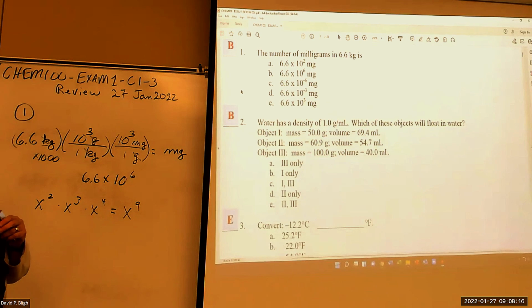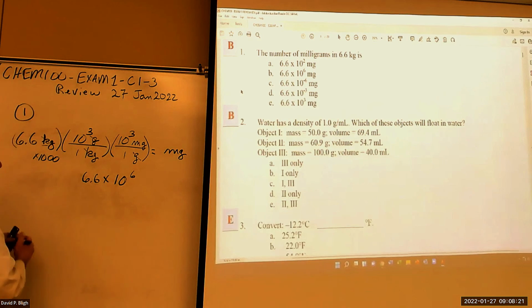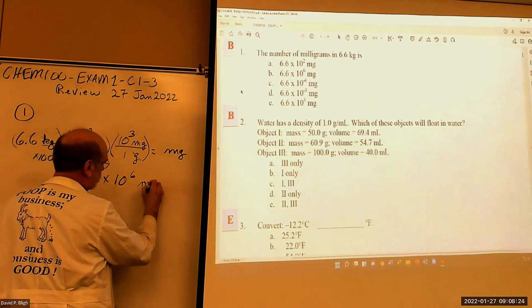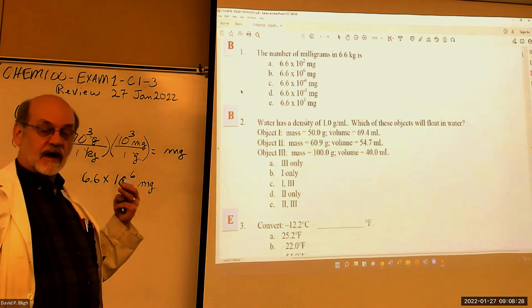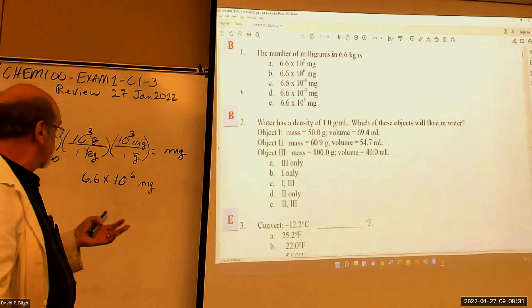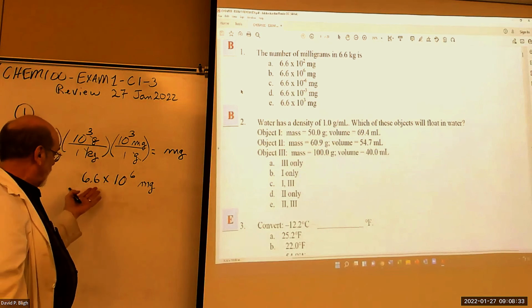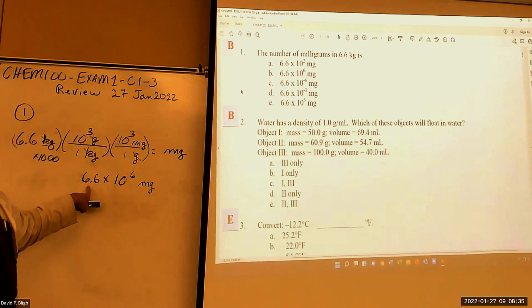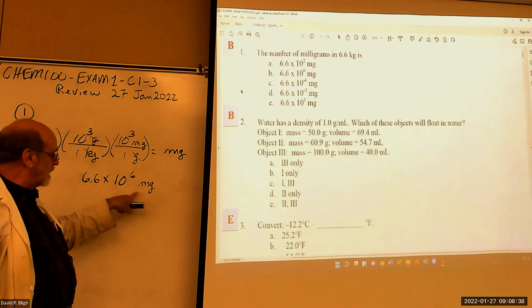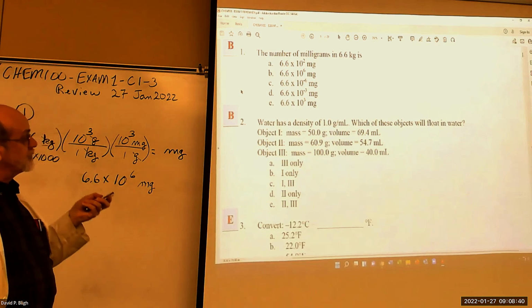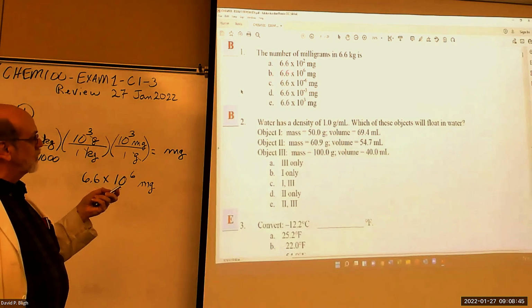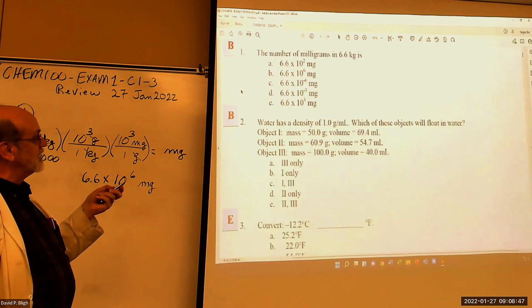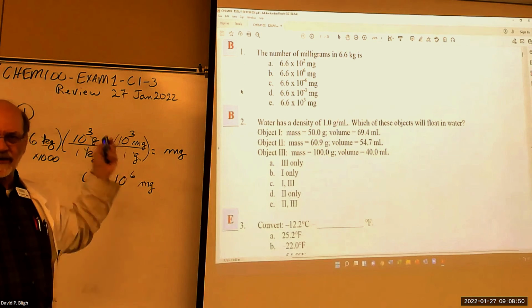Okay? All right. So that's what I've done here. And the answer is this many milligrams. Now, since this is multiple choice territory, you look at the possible answers and see if it's in the right form. Right? Scientific notation, right? That's between 1 and 10, and then the power of 10 milligrams. Okay, so all our answers are in that format. So all we have to do is look for the one that matches. Right? 6.6 times 10 to the 6th is B. And of course, I'm using a key, so you already know the answer